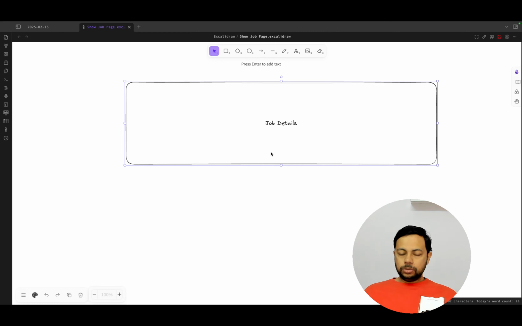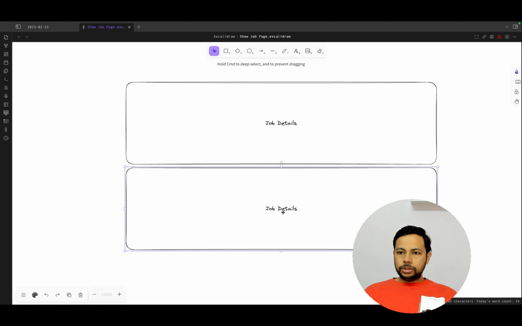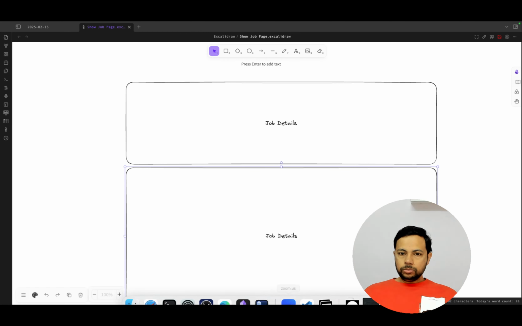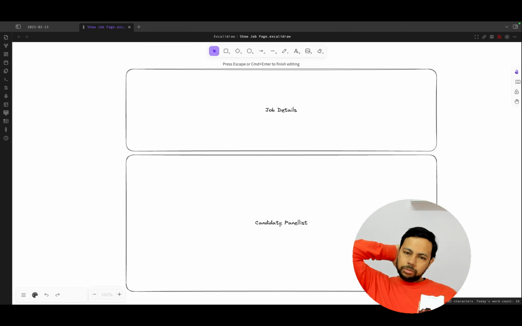Below this, there will be a larger box called, what will we call this? Candidate panelist. Initially, I'm thinking I'll have three different boxes on the same page, but later on I can have